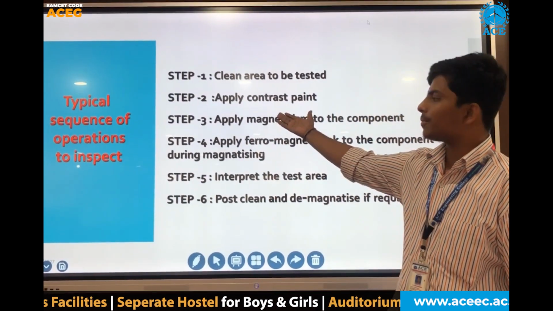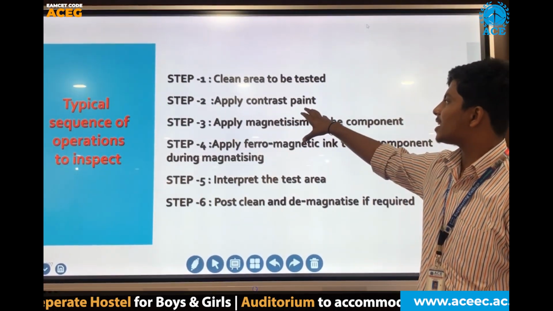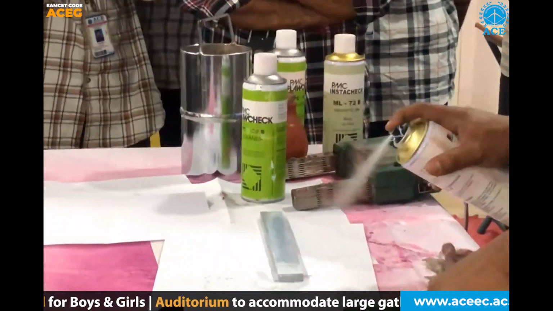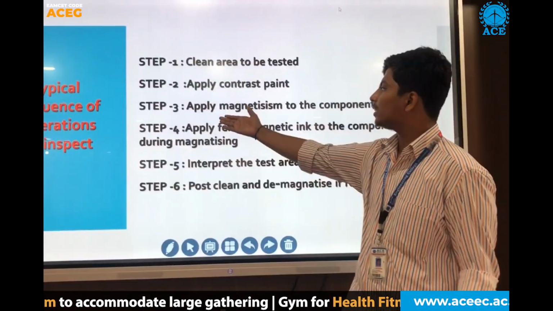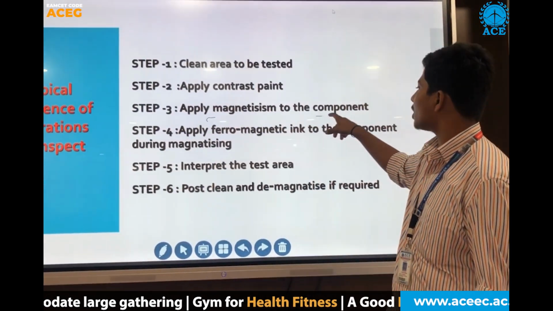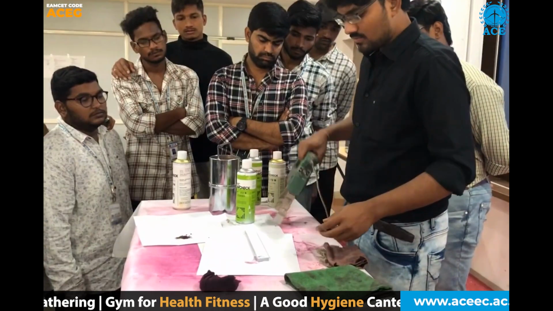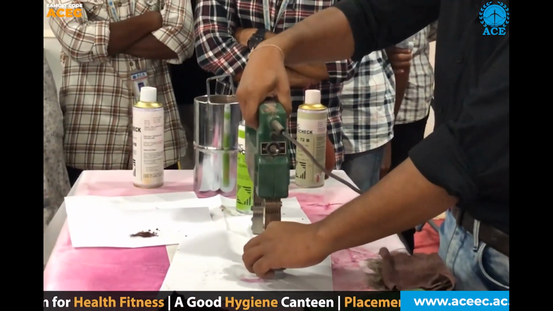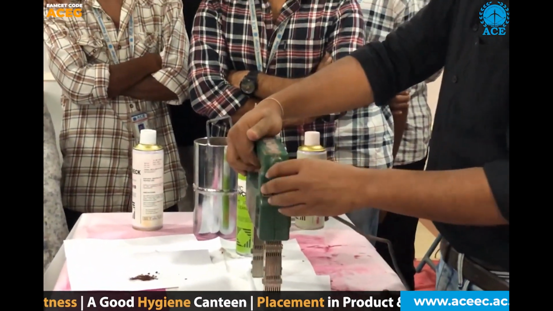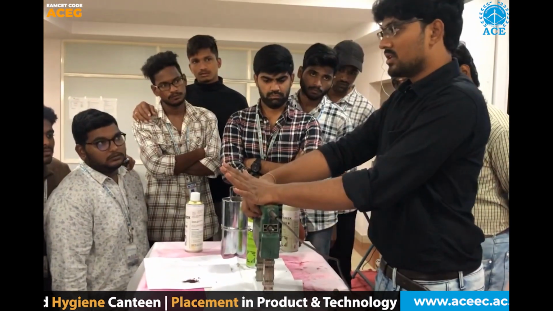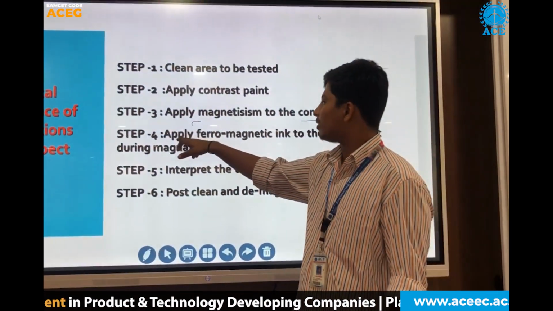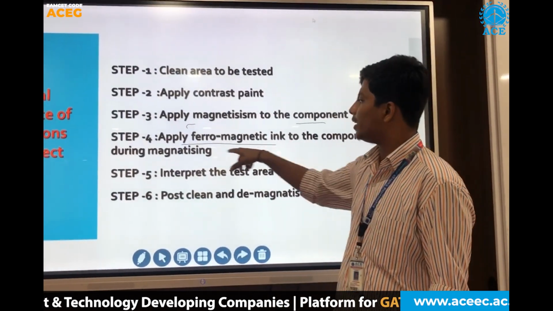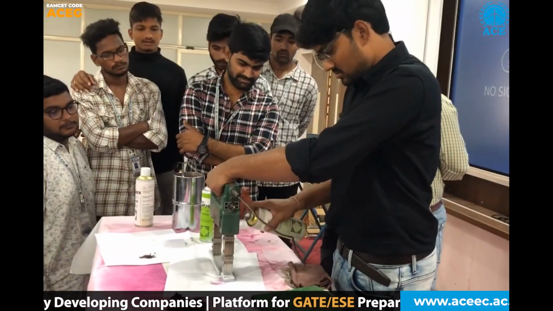The second step is to apply contrast paint, which is useful to emboss the crack area or the defected area. Then the third step is to apply magnetism to the component. This magnetism is applied with the help of electromagnetic flow. By supplying the power, we are able to apply the magnetism to the component. And coming to step 4, apply the ferromagnetic ink to the component during magnetizing, which is useful